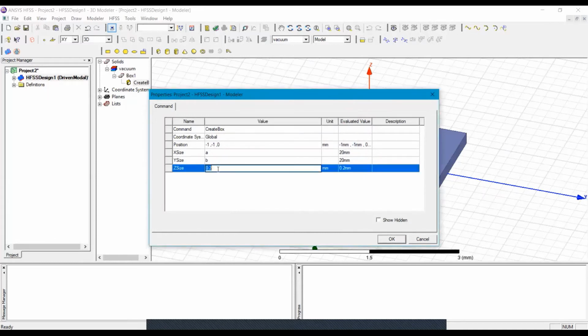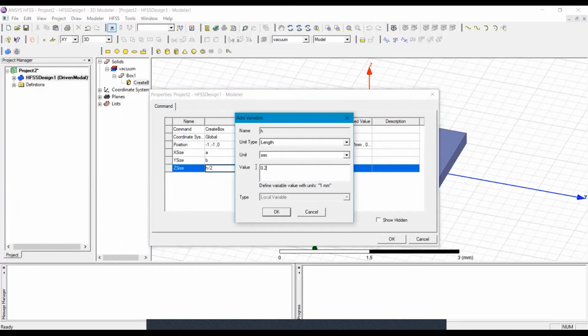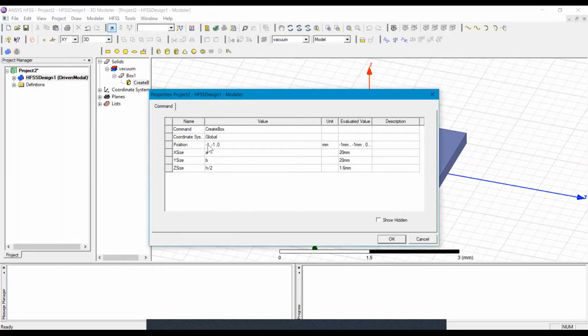Now the height of the substrate. So the height of the substrate is 3.2 millimeter. Here I am taking height as h by 2. First I will design the half portion of the substrate. So it is 3.2 mm and the initial points are minus a by 2.